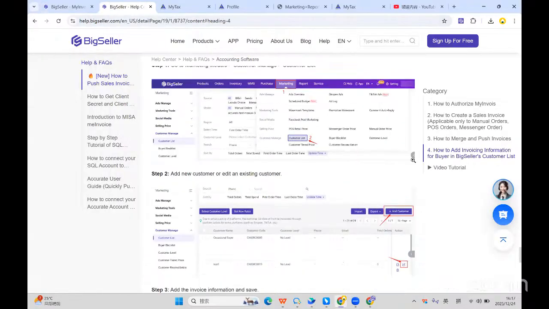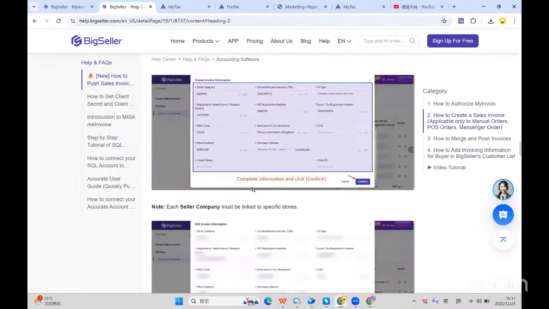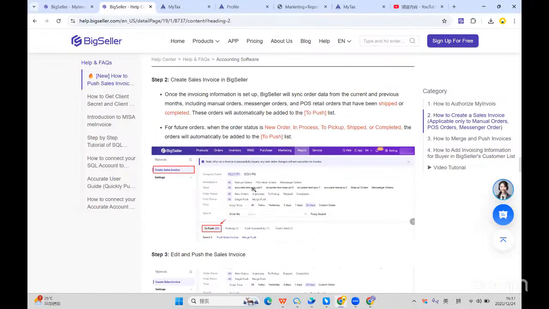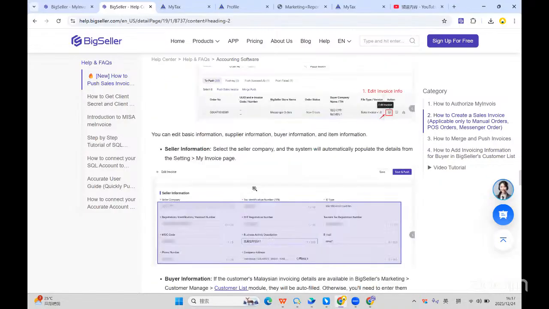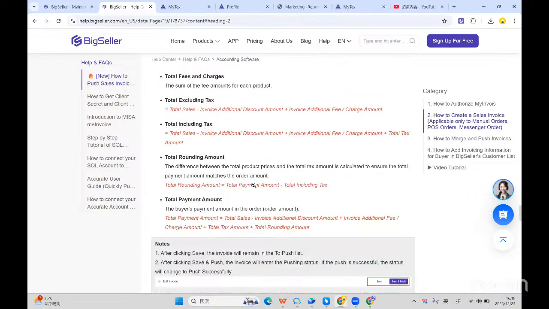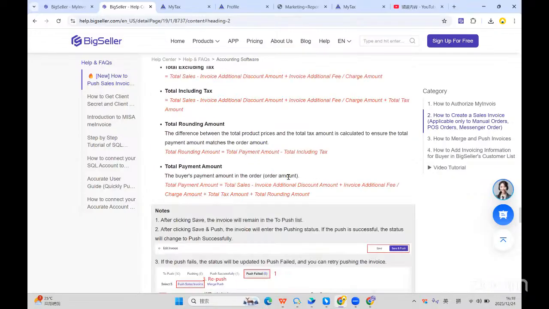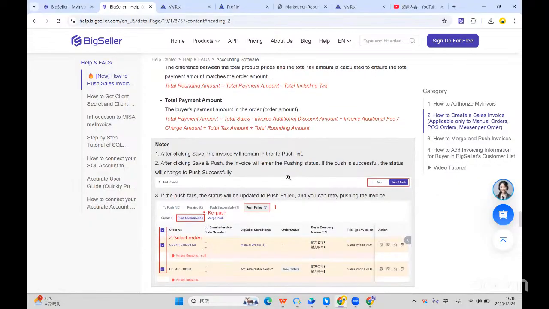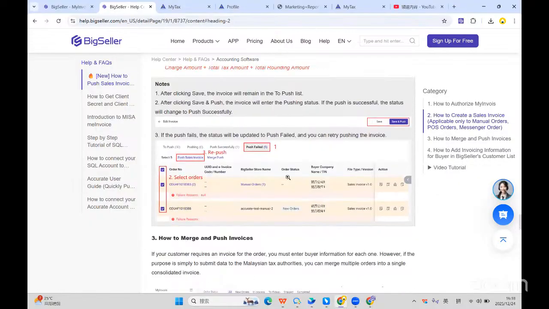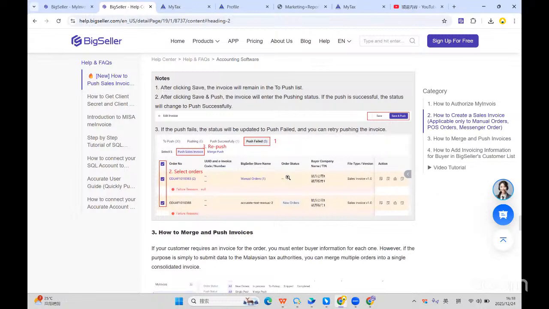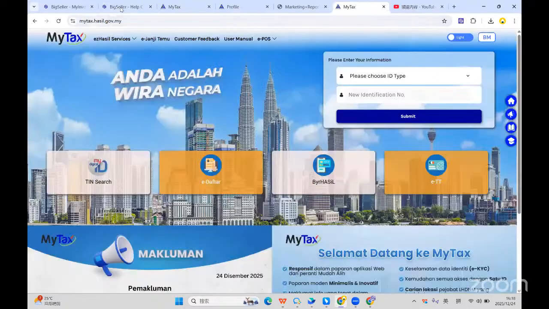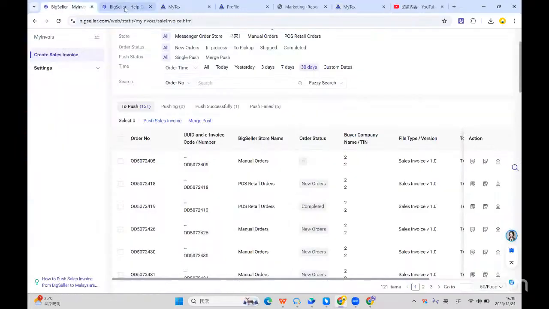Here in our help document, we mentioned one typical tip here. This is all the fields. You can find the explanation here. And for the pushed one, if you choose to push it one by one, you can print your electronic invoice in this is my tax system. But if you choose the merged one,